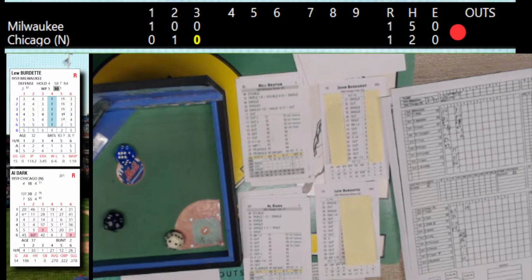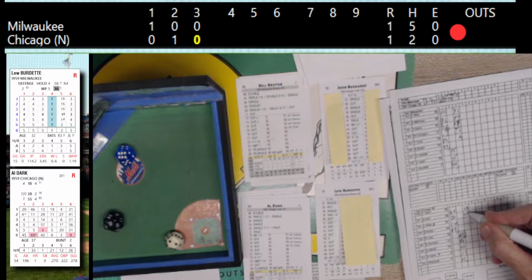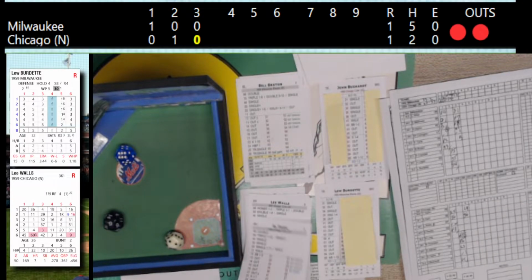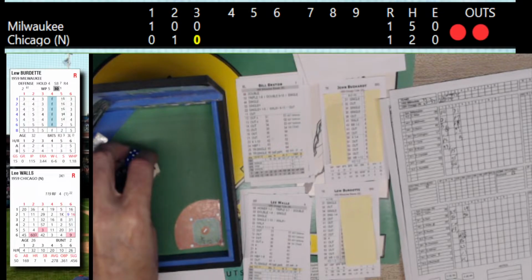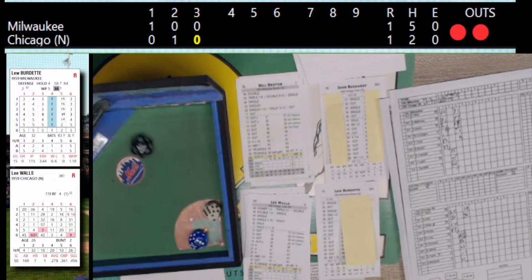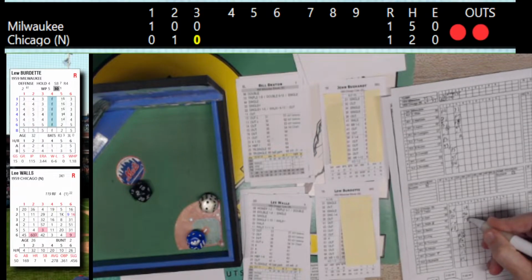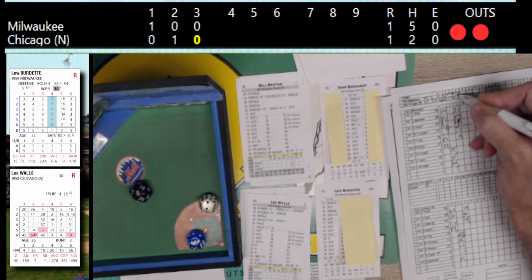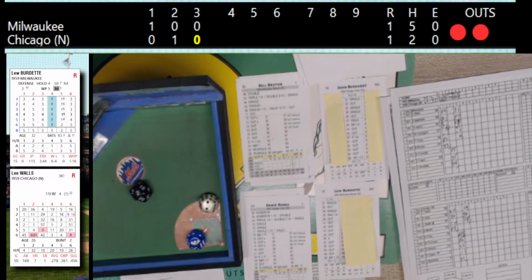Pitch from Burdette. 62, and that's a ground ball to the shortstop, who charges Logan on the run with the throw and on target for out number 2. Weiss. And that's going to be a 32, and he cracks one to center field, and Bruton, a couple of steps back, hauls it in, and that retires the side. No runs, no hits, nobody left.